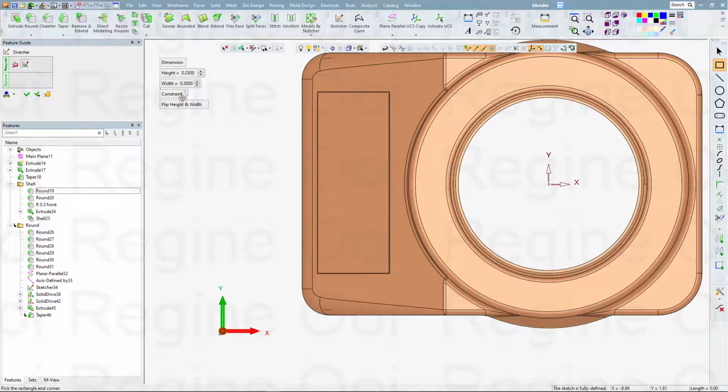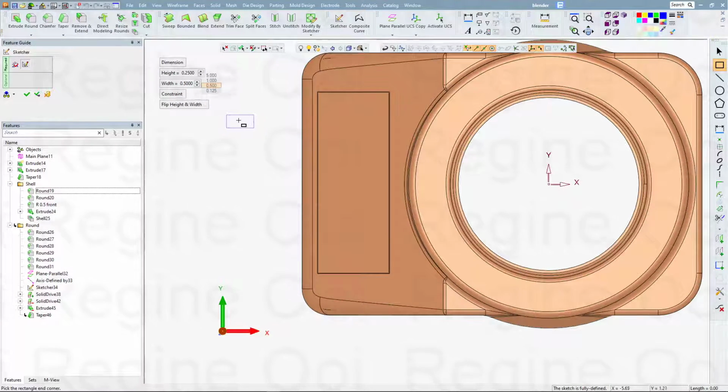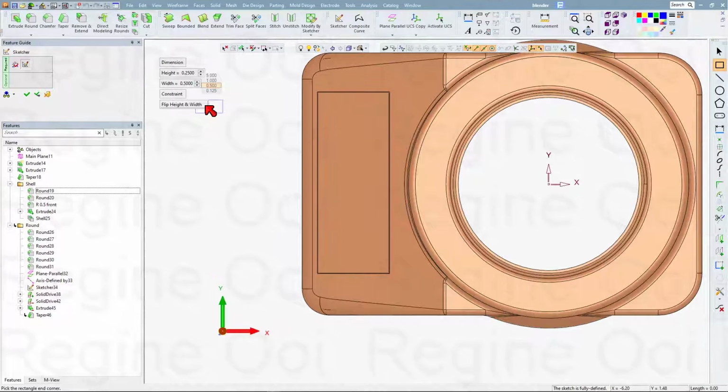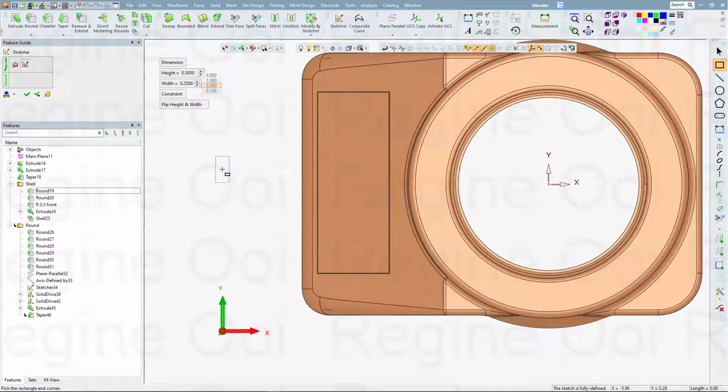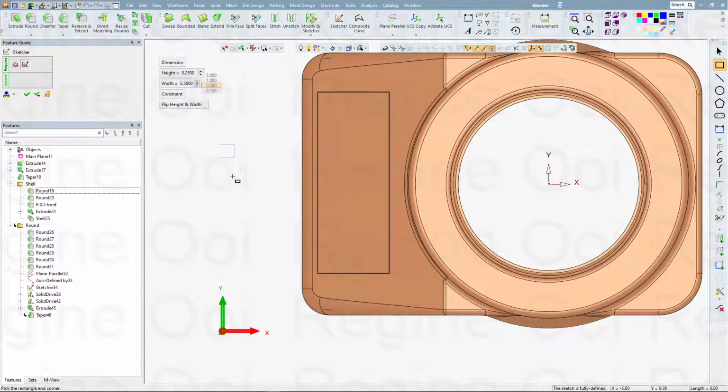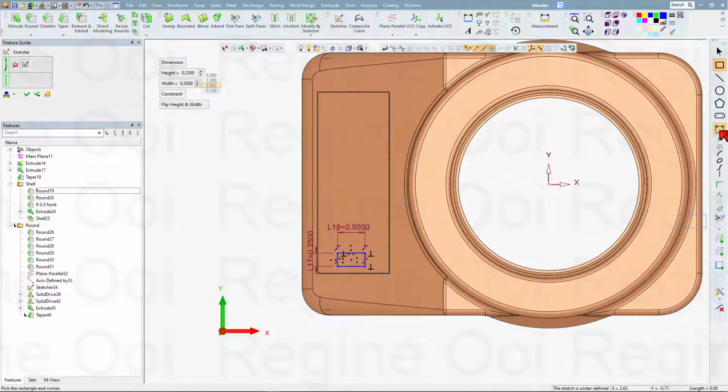Okay, so if the height and the width are wrong, you can just flip. You can see, flip. So I want it to be like this, place it like this,